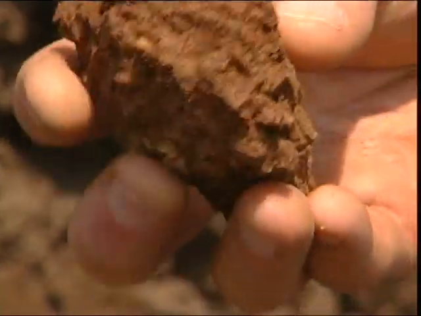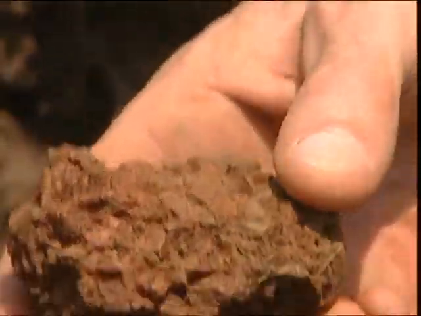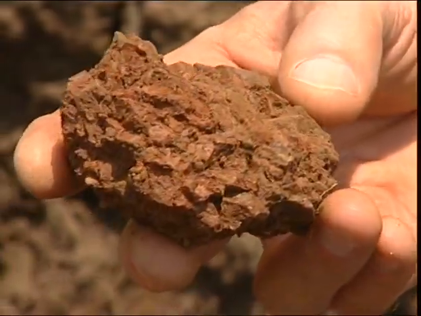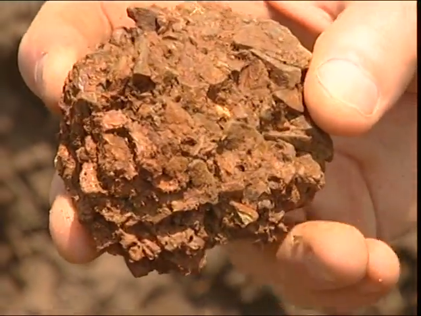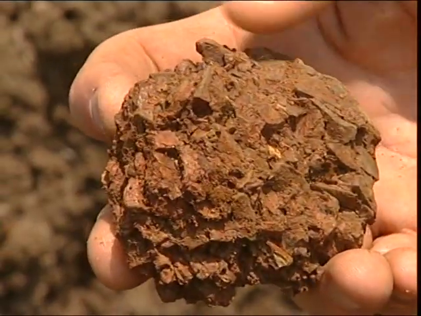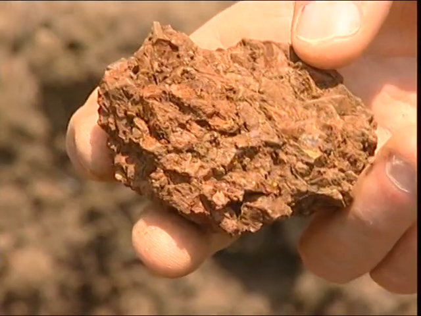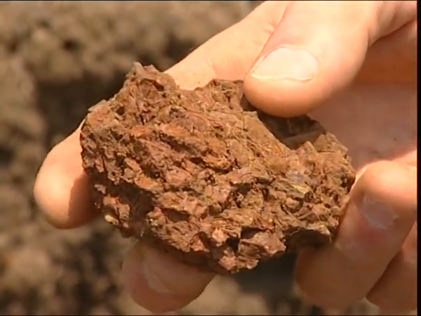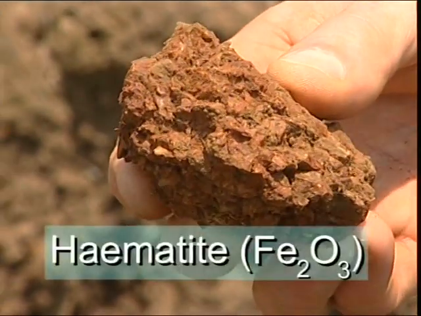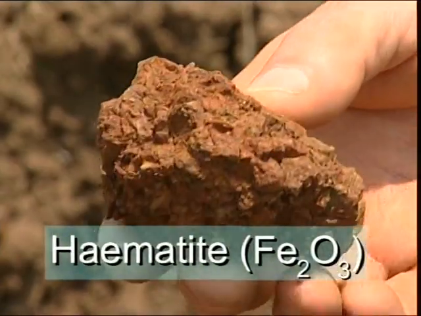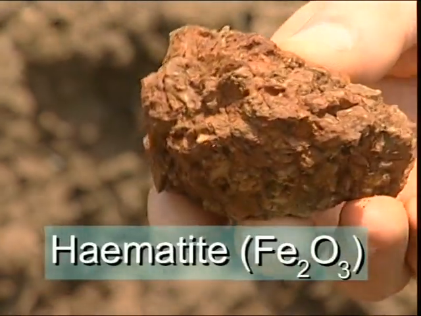This is a piece or a lump of the material that comes from the top of the weathering shale. Now you can see that it's made up mainly of pieces of shale, but those pieces of shale have been cemented together by red iron oxide, the iron oxide hematite. Now this again was a feature that we didn't see in the Mispah profile,